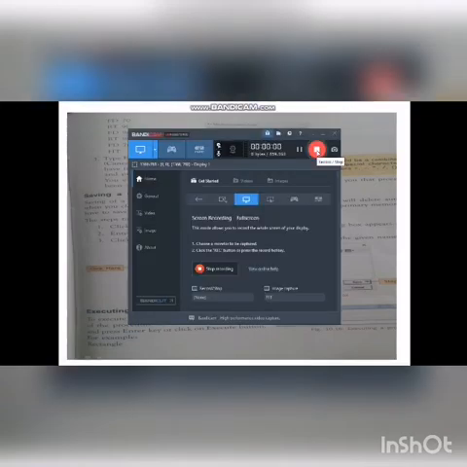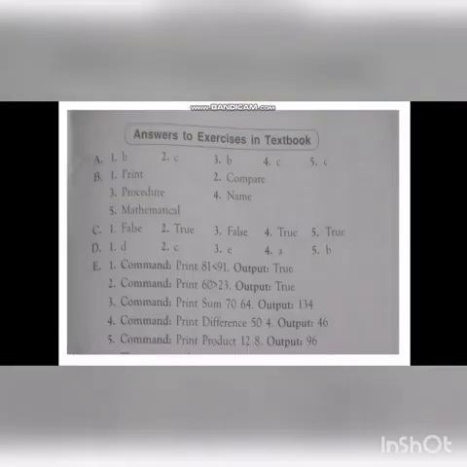Next, executing the procedure. After completing the procedure, for executing it, you just type the name of the procedure in the command input box and press the Enter key or click on the Execute button. For example, rectangle. Here we have given TO rectangle, so you just type rectangle and then you execute.